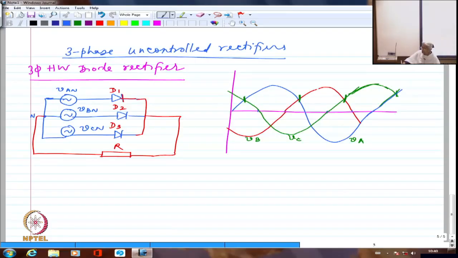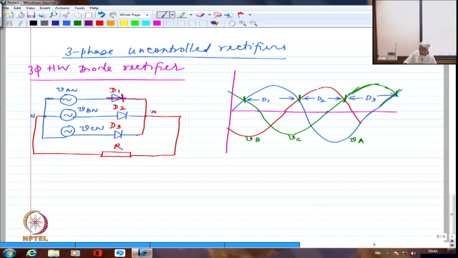So from here to here, I am going to have D1 conducting. From here to here, I am going to have D2 conducting. From here to here, I am going to have D3 conducting, right? Let us say now D1 is conducting. When D1 is conducting, it is as good as a short circuit, right? When D1 is conducting, if I try to look at the voltage across D2 and D3,